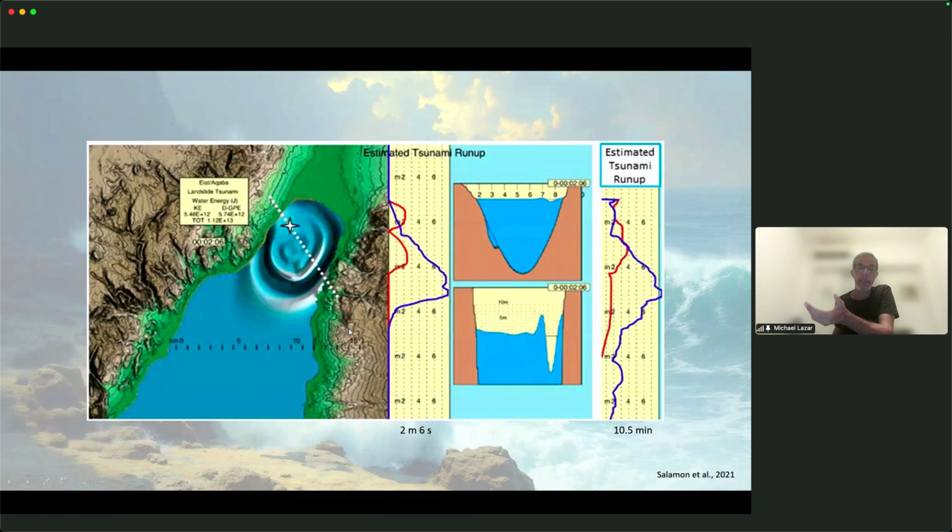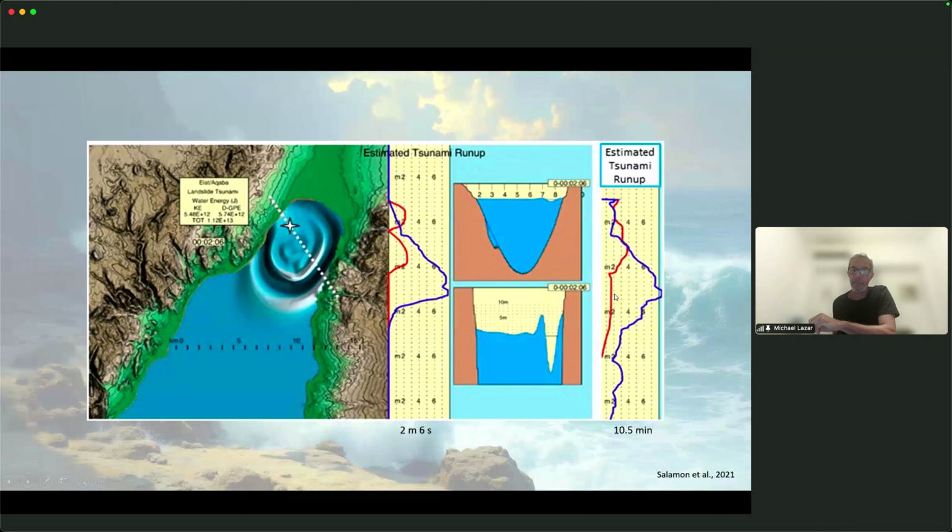And here's a paper by Amos Salamon. He and his co-authors modeled a potential tsunami occurring at the head of the Gulf of Eilat. So the star would be where the landslide occurred, and the white dashed line would be the two profiles, one profile in one area that's been enlarged. The wave run up on the eastern shore is in blue, the western shore is in red, and we can see that the wave run up from this tsunami can reach 7, 8